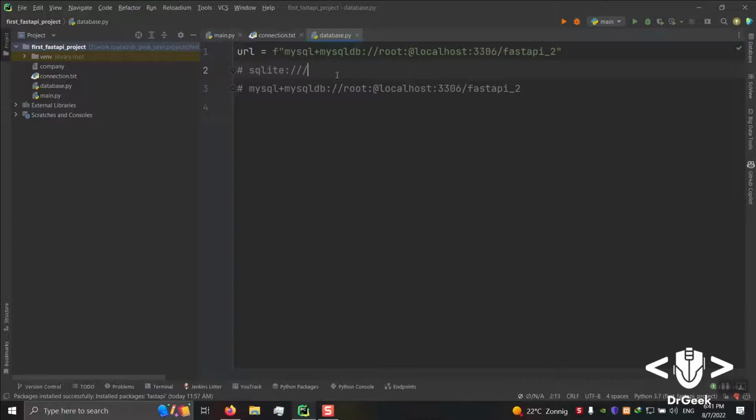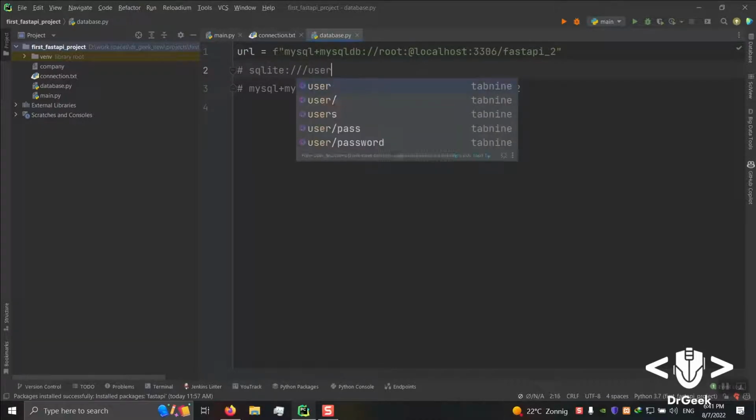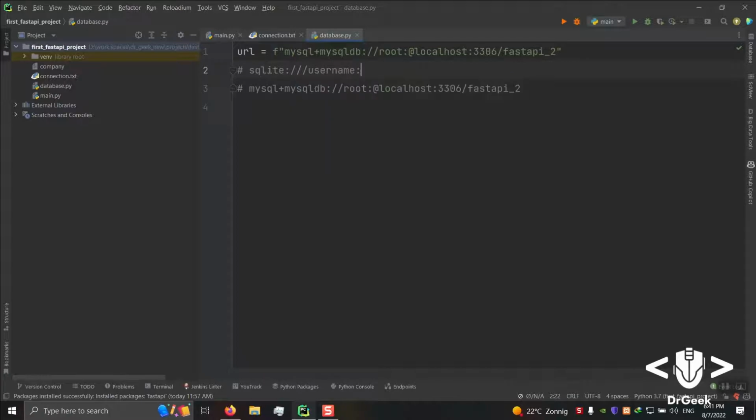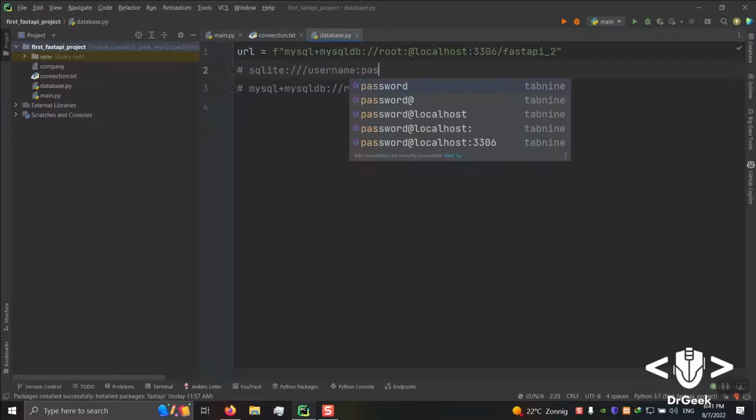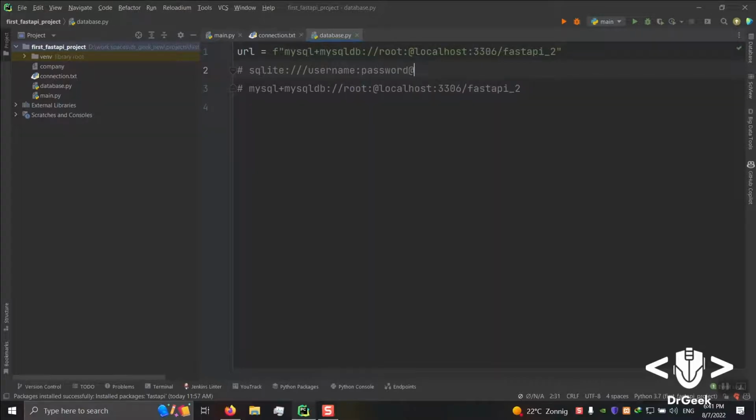Next is our username, and then a colon. And then you have to put your password here, and with an @, super simple. You are going to put the IP of the server you are going to use. If you are using any service online, you will get a connection IP, or they will just give you the whole URL. That's going to make it super simple.